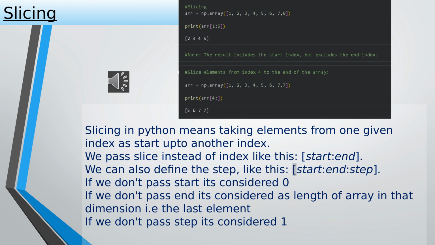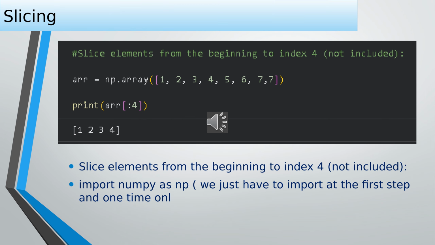Slicing is widely used in data science and machine learning. For example, we often split data sets into training and testing sets, extract specific columns, select rows that satisfy certain conditions, or retrieve recent observations from time series data. Slice elements from the beginning, index 0 to index 3, where index 4 is not included. Likewise, you can extract specific terms from a string or match patterns, and then replace them, like changing working to